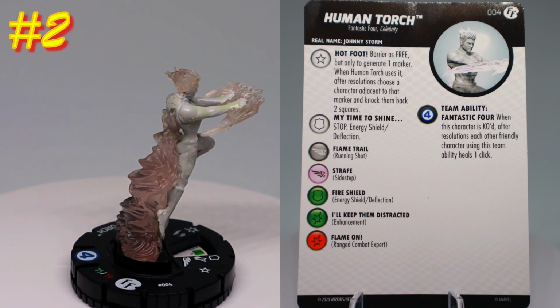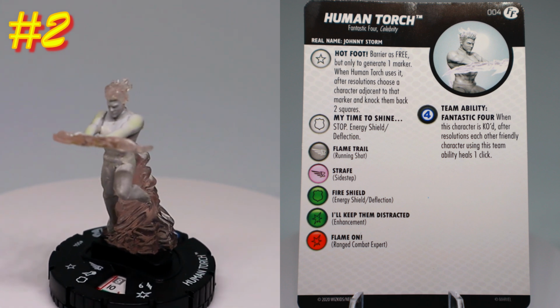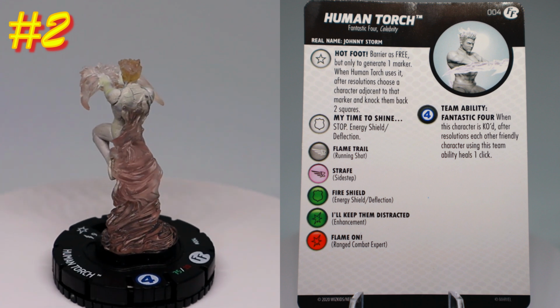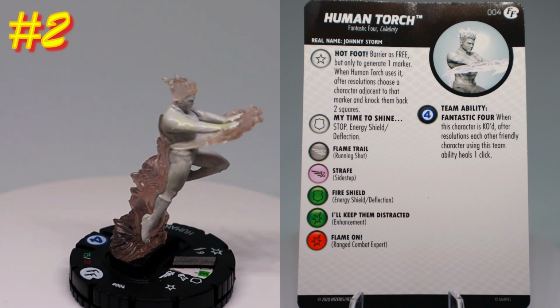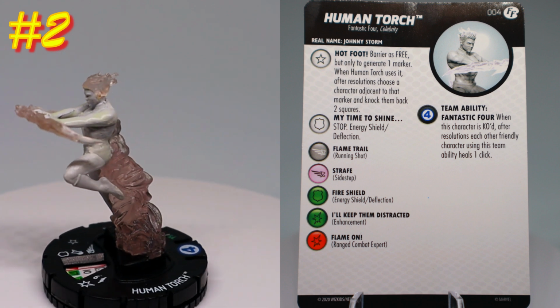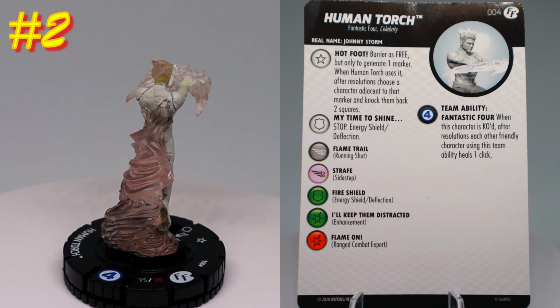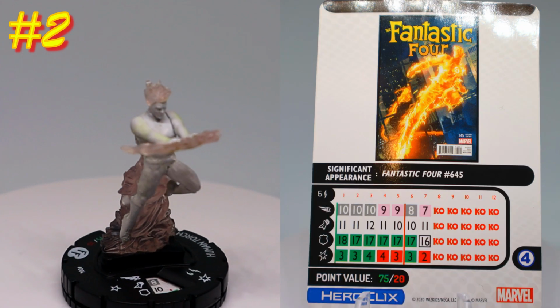or knock them into something to actually deal them knockback damage if you wanted to turn their dial or something for some reason. Or it's just the free knockback damage on an opposing character, which is always nice as well. So just so much utility in that first little trait there with the free barrier and the knockback. He also has a stop click with energy shield deflection, and like I said, he has a 20-point line